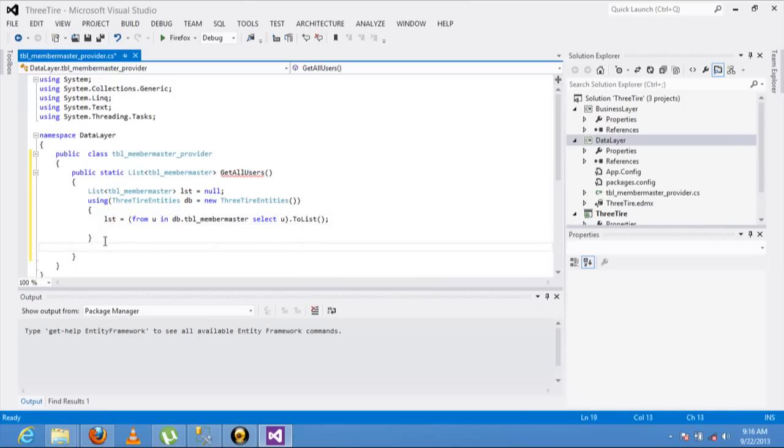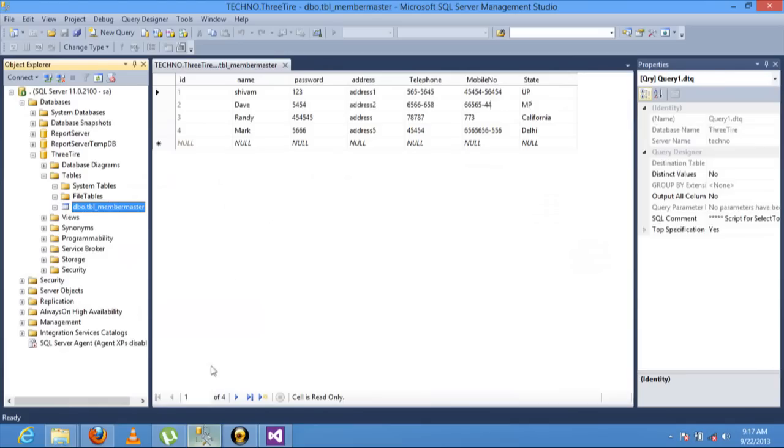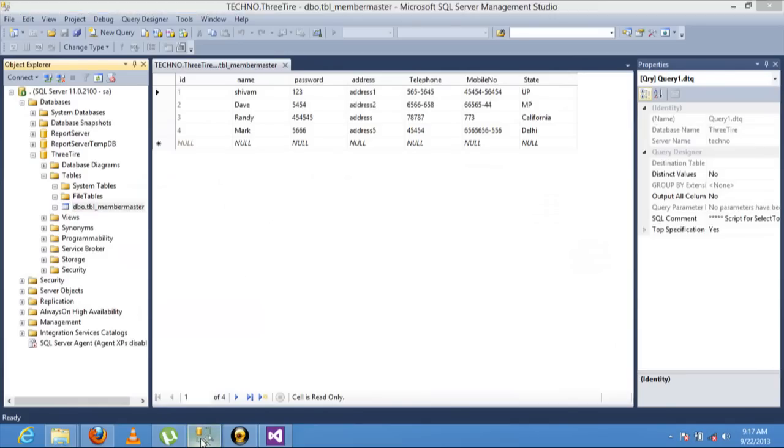And simply return list. Now here it gets the list of all users in this tbl_member_master class.